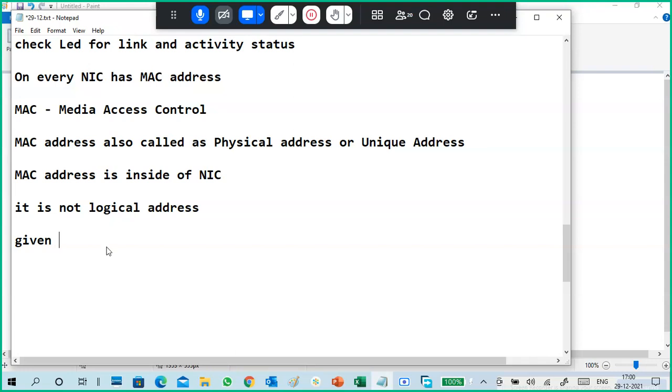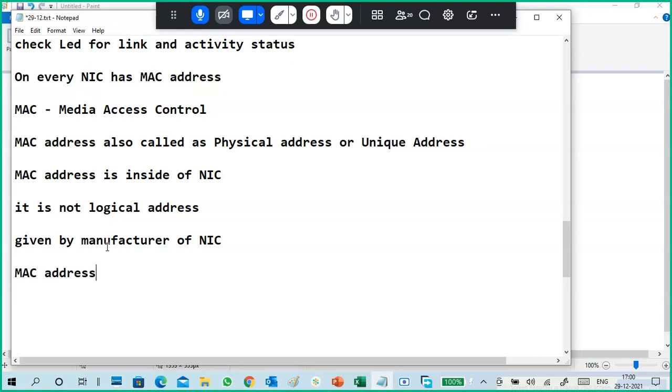Remember that one. It is given by the manufacturer of the NIC.